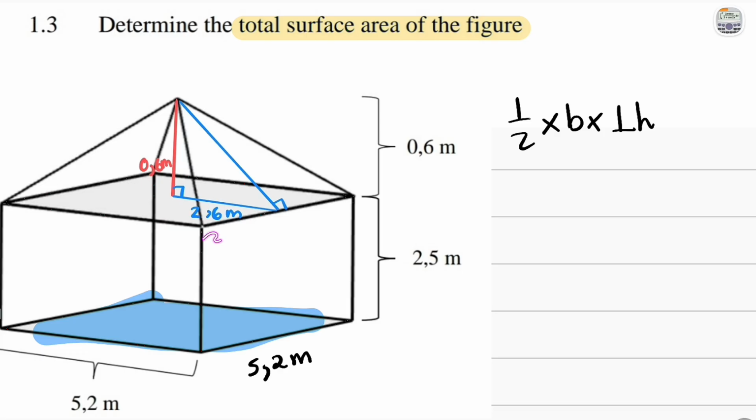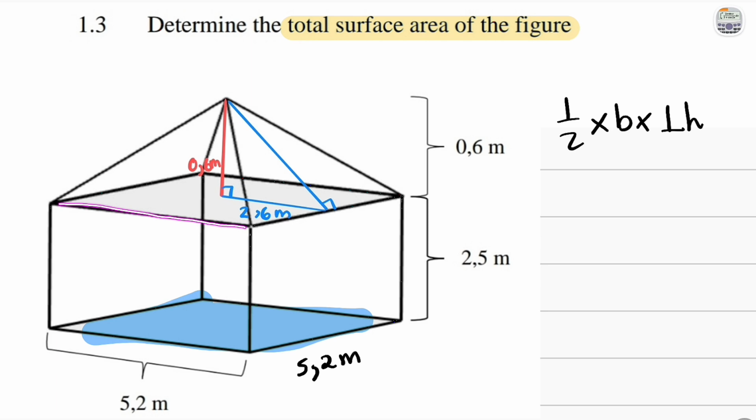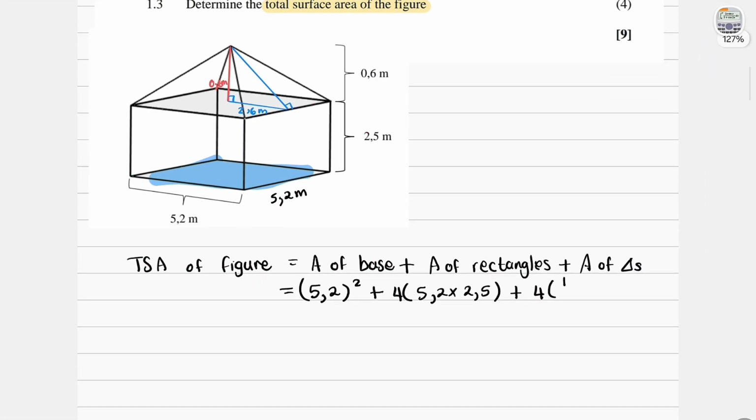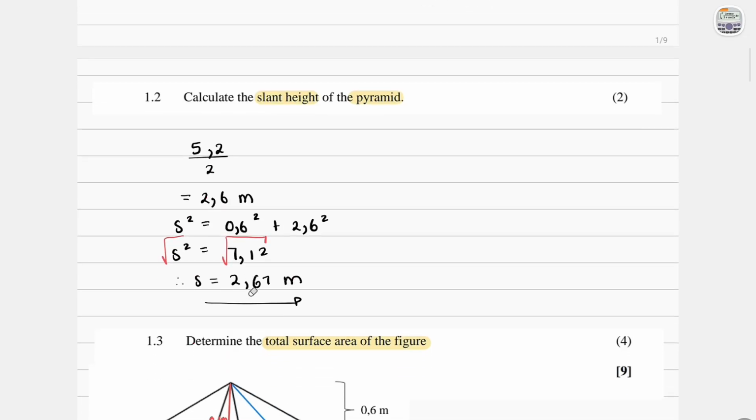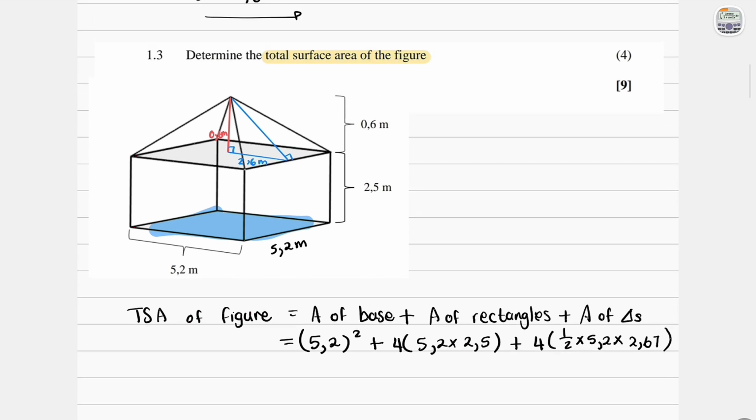So to find this, we're just going to say a half multiplied by its base. And what is the base of this triangle? That will be this 5.2. It's the same all through. So 5.2 here, that is the base. And then multiplied by the slant height. And that is the height we're considering because we are only considering the outer part. So this triangle has a height of this that we just found previously, and then this is the base. So we'll need 4 of those. So we'll just go ahead and say 4 multiplied by a half times the base of 5.2 times the perpendicular height that we found, which was 2.67,